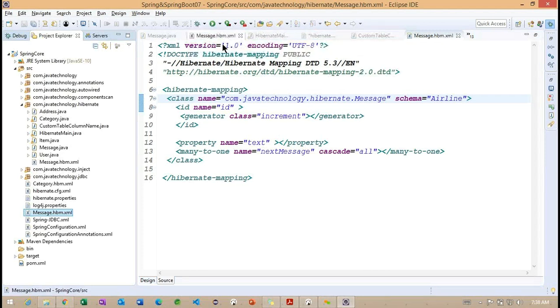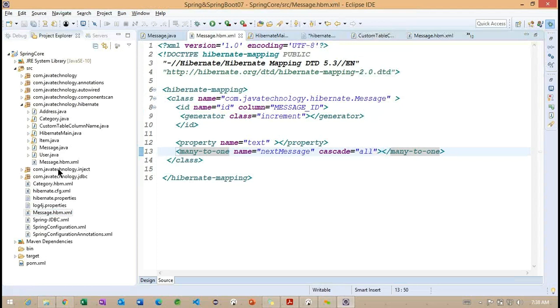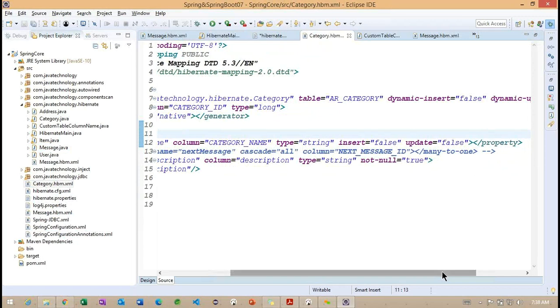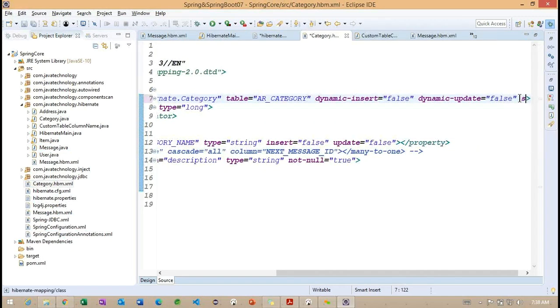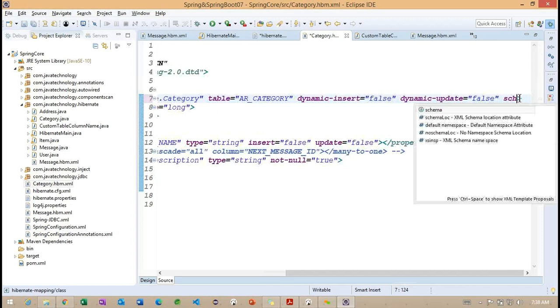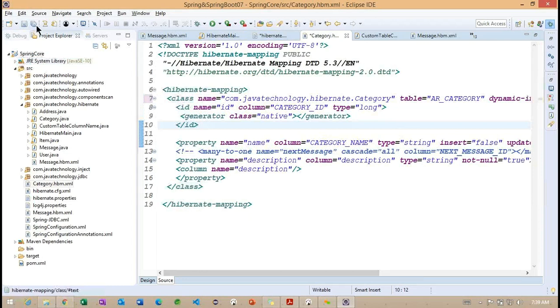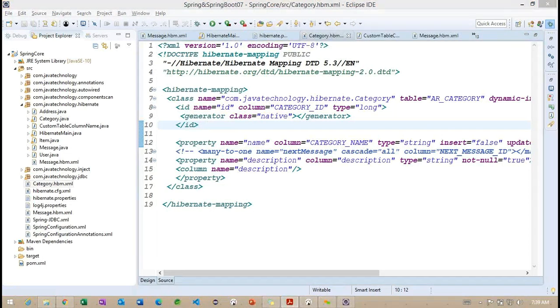So back to here, this particular category where we define this particular category. Here we are having an action called, I want to provide airlines here. So we'll try to understand how this particular category object is going to be created inside the particular schema called airlines here. Right. So now we want to understand here.